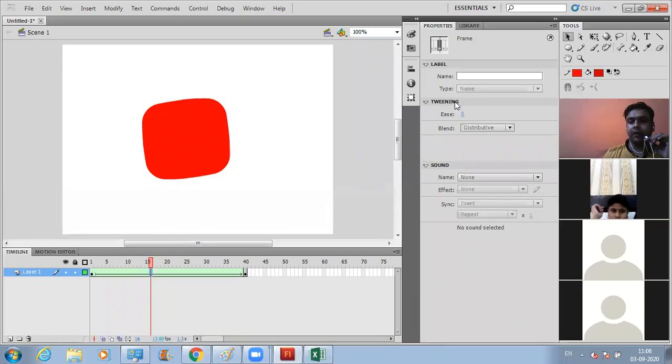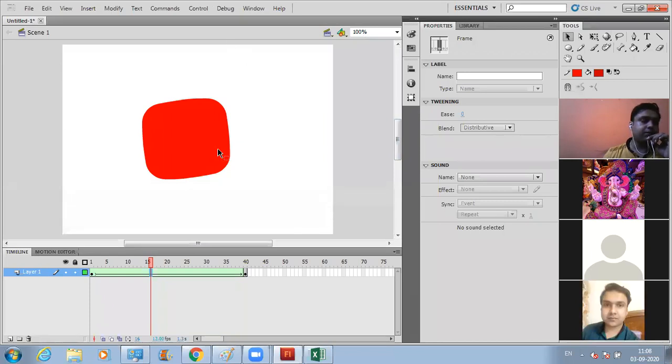Third component is this tools panel. We learned about this properties panel, and the 5th and last component is this timeline. Is this clear to every one of you? All the 5 components, yes, sir. 5 panels: menu bar, tools panel, properties panel, stage area, and the timeline.